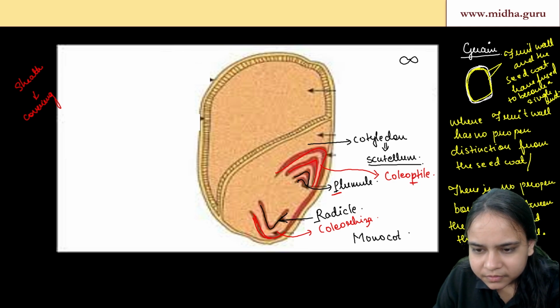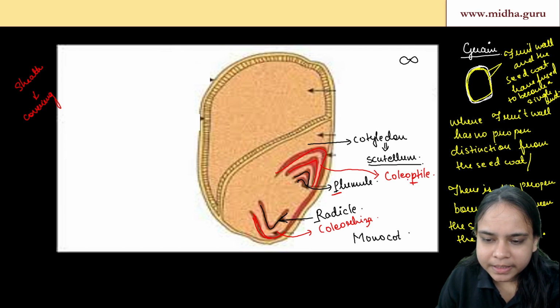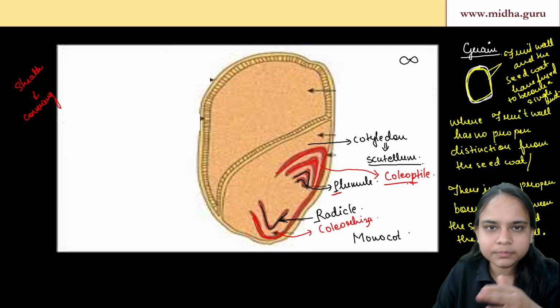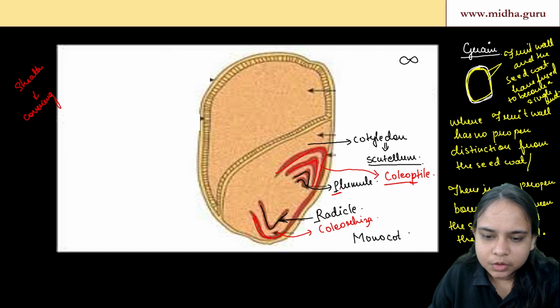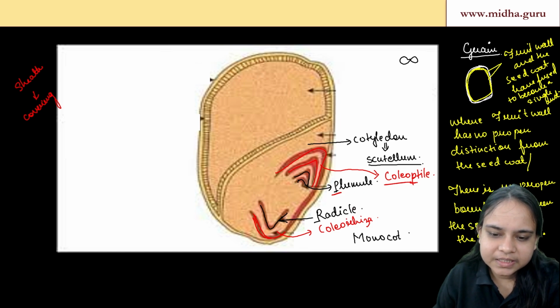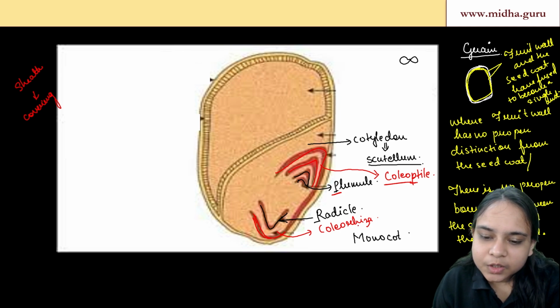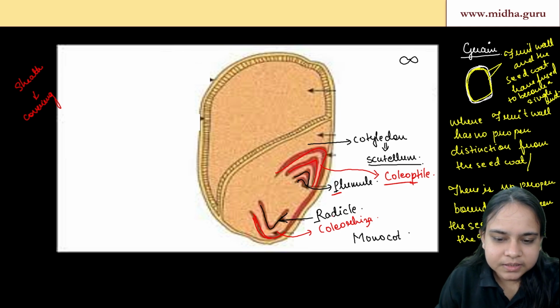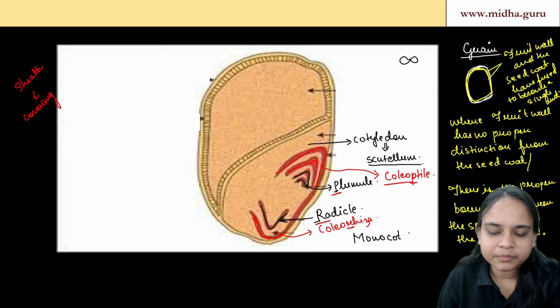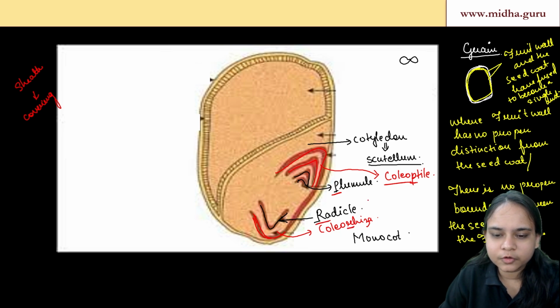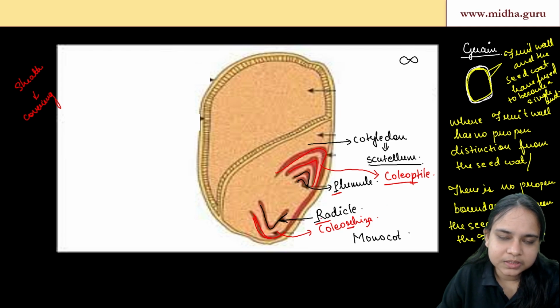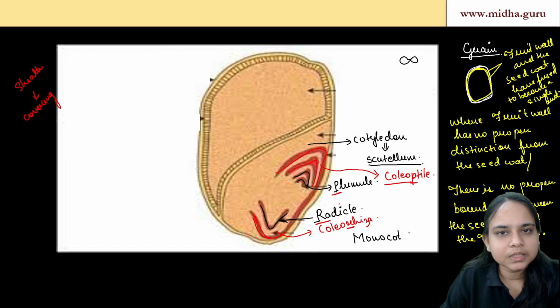So P and P, and we add coleo before it. Plumule has a sheath called coleoptile, and radicle has a sheath called coleorhiza. Again, we can connect the terms: R for radicle and R for rhiza, and before that we add coleo for both of them. So the covering sheath for radicle is coleorhiza, and the protective sheath covering the plumule is called